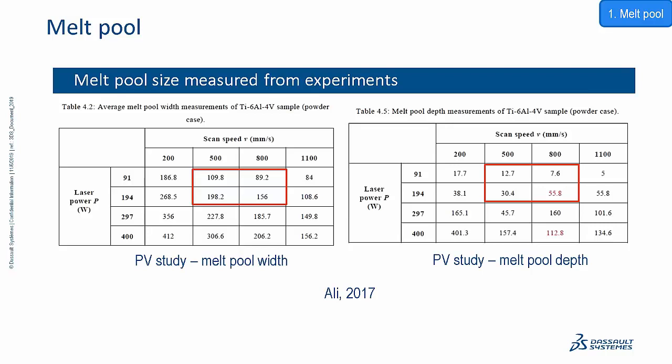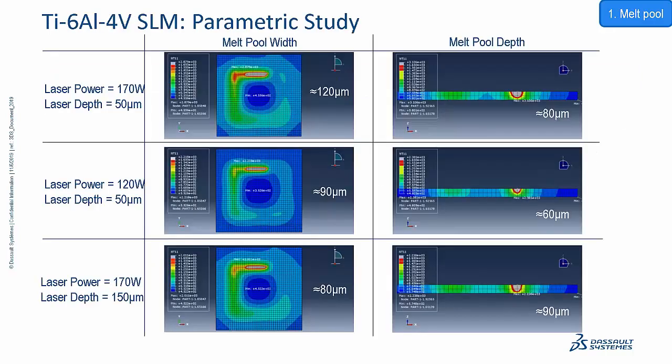Here are 2 tables of measurement data showing the melt pool width and depth as a function of laser power and laser scan speed. Higher laser power or lower scan speed results in a larger melt pool both in width and depth. Now, with this test data for the melt pool size, we can move forward with a parametric study and determine the proper mesh size, time stepping, and the goldak heating model parameters in order to capture the decent